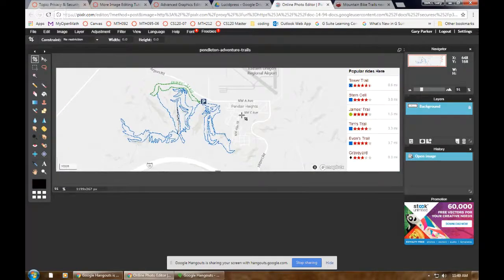So I'm just going to do a little bit to edit this here. The clone stamp tool first. Let's take a look at that. The clone stamp tool allows me to clone something. I have a lot of empty space over here and over here that I don't really need. So I'm just going to play around by shrinking this image a little bit and getting stuff I don't need out. For example, I'm going to take this ruler here that says this is 1,000 feet from this edge to that edge